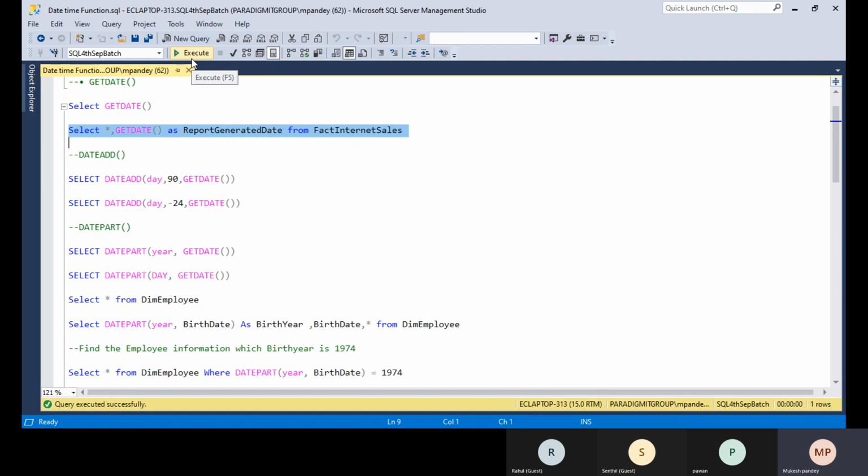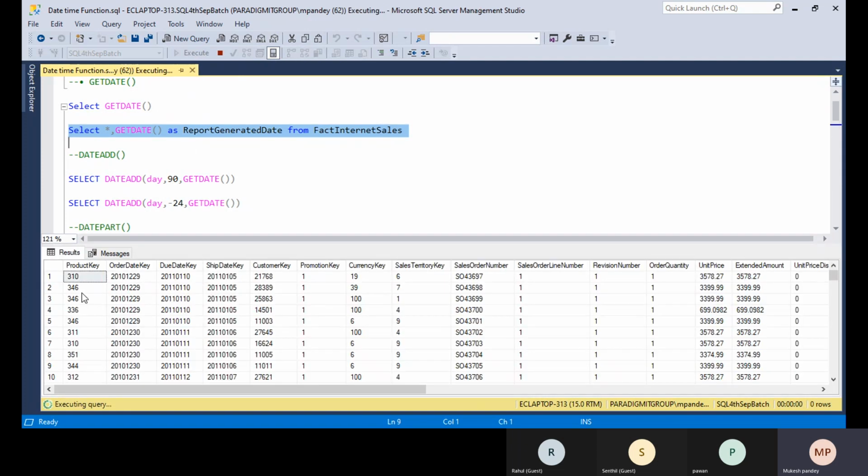If you execute this code, the output is coming from the FactInternetSales table.